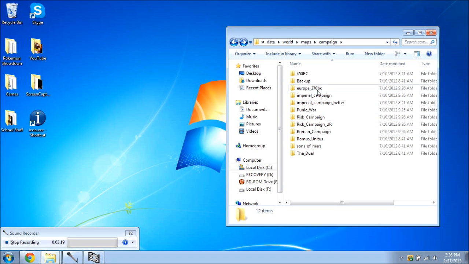But anyway, I digress. And as you can see, they have a couple different campaigns as well, like the Risk Campaign, United Rome, Punic War. Those are kind of interesting, and I encourage you to check those out because you can use the same technique on these campaigns. If you like the campaign map for those, I suggest that you follow the same steps I'm about to do to copy those over as well. But let's take a look at the Europa 270BC map,